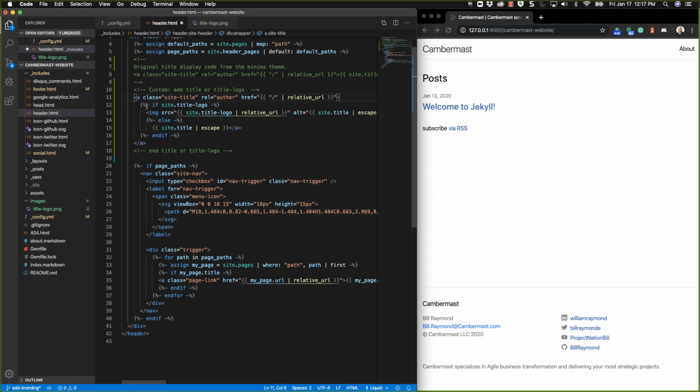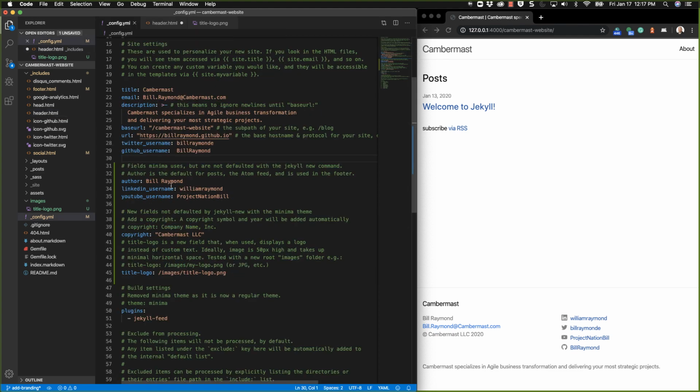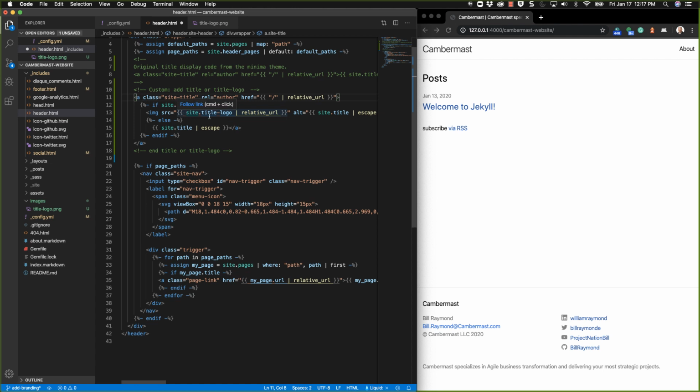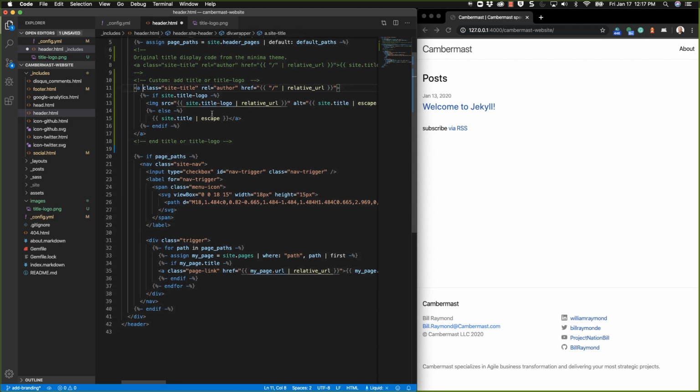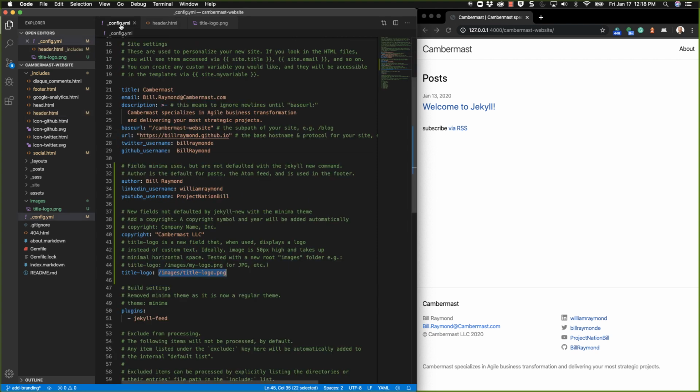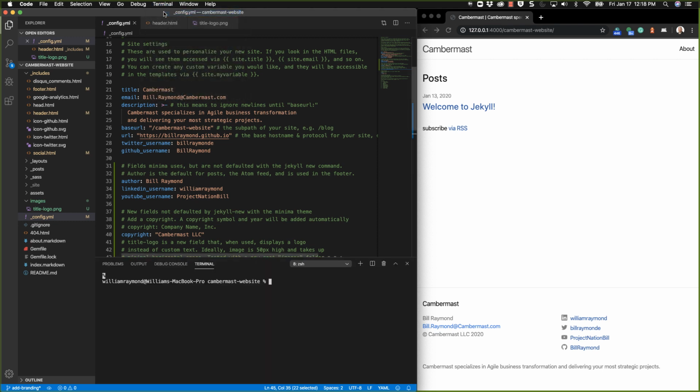Next, what you can see is we have if the site title logo exists. In other words, I have something filled in this config.yaml setting right here. If something exists, then go ahead and display the logo. And you can see here it's in an image tag, so img source, and it's getting that. Else just display the site title. All right, so it's pretty straightforward. I'm going to save the header.html file, and I'll go back to config.yaml, and I'll open a new terminal window,